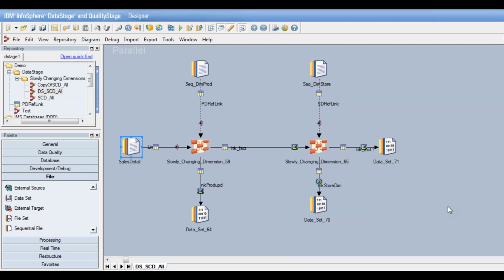So again, mostly even this job will be too big because the fact table will not be having just two dimensions. There will be many other dimensions involved and in other cases it won't be simply a star schema. Most of the time it will be snowflake schema. So there would be a hierarchy involved as well.